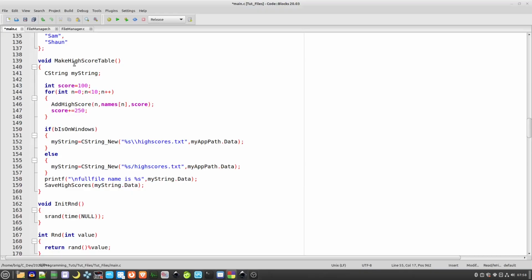This is our make high score table function here. What we're going to do in here is create our list of high scores. We will then create a file path. You'll see here, this is the actual file name, and then we use our app path data here to get the location where we wish this file to be created,